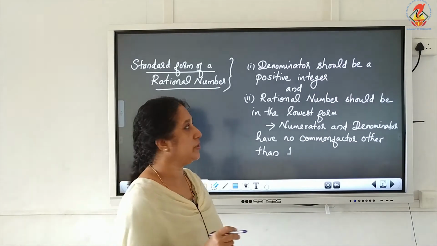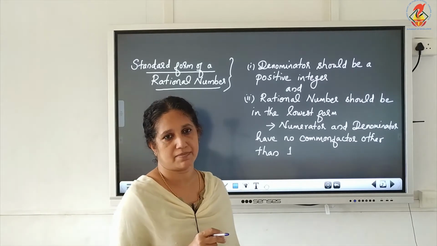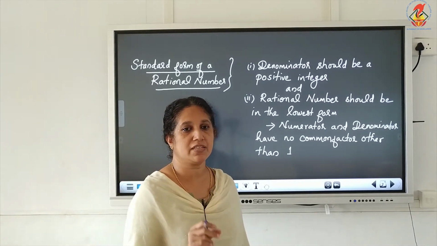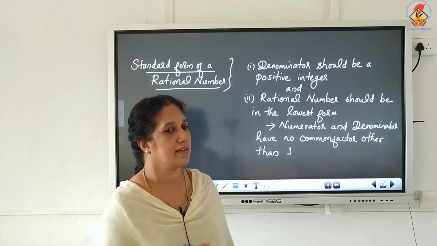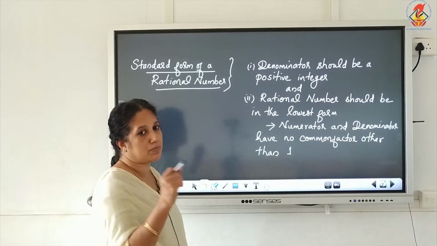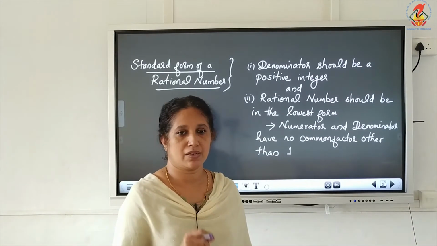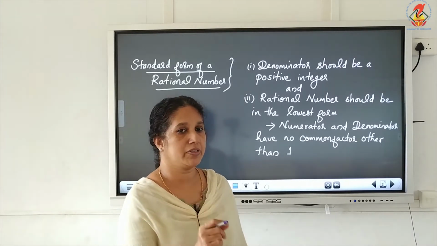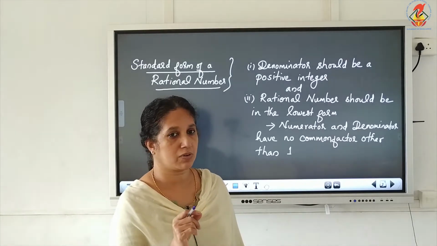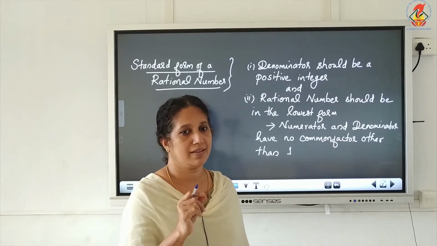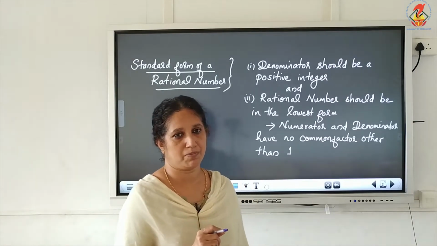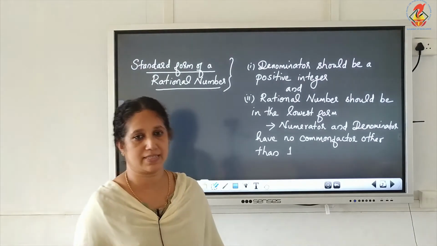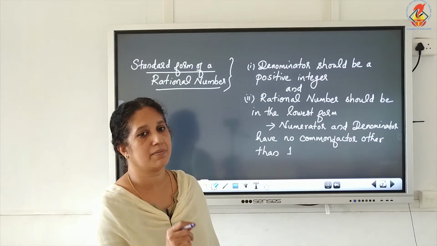First one, the denominator should be a positive integer. If it is not a positive integer, you have to make it a positive integer. Then the second condition is that it should be expressed in the lowest form. The lowest form means you have to find the highest common factor and divide both numerator and denominator by the highest common factor. Then it is reduced to the lowest form. So, if the given rational number satisfies these two conditions, we can say that the rational number is in the